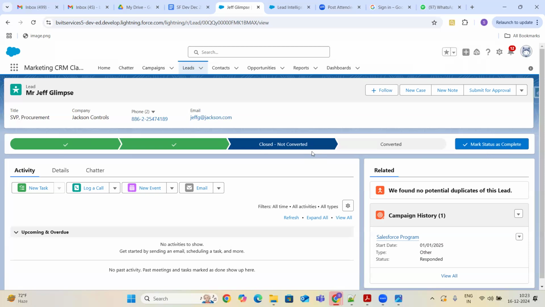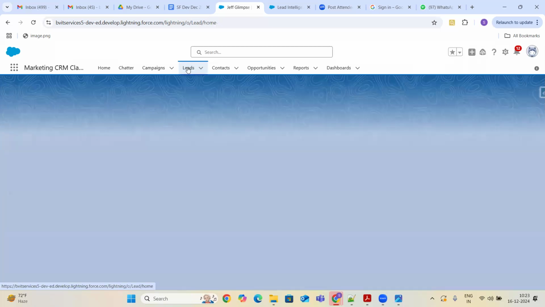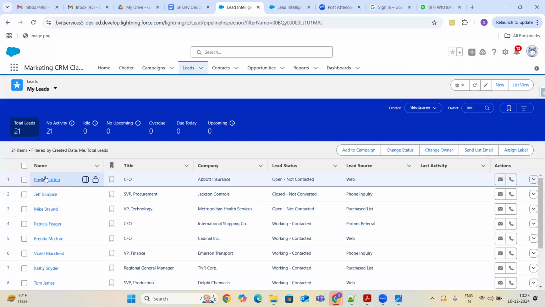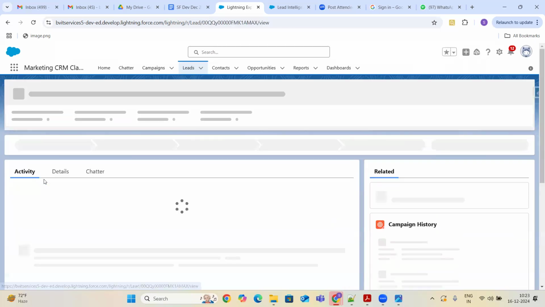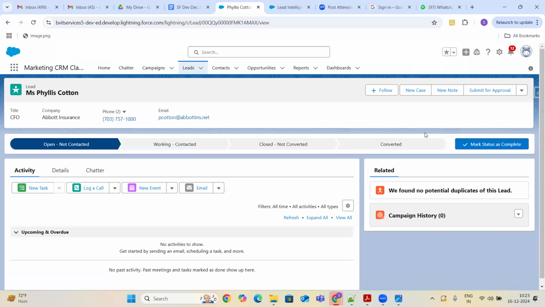These are products which are sold in particular campaigns. Okay, this is one. Now, if I take any other lead, initially it is not contacted, then I contact him.